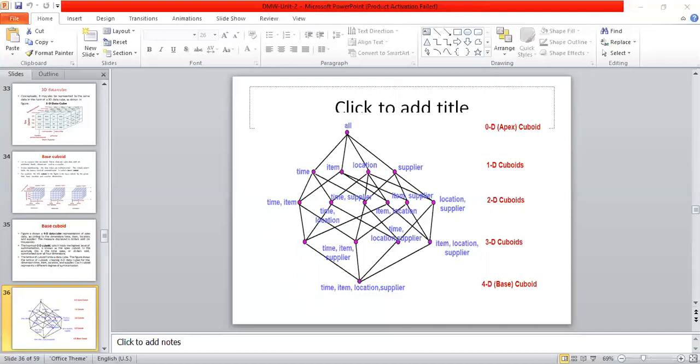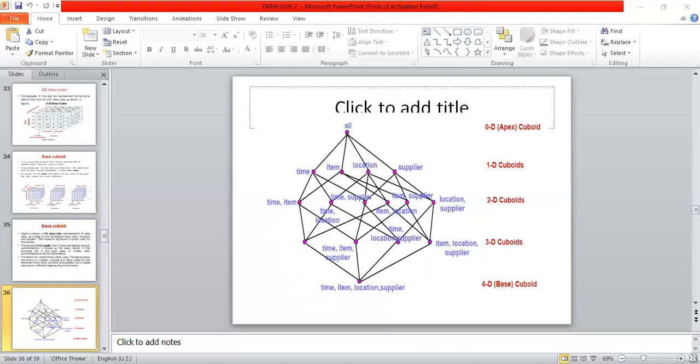And if I go into more detail, in 3D views, each timestamp has three connections, right? The collection of three dimensions like time, item, supplier; time, location, supplier; item, location, supplier; anything which you want to show from that database, right? And at the end, the 4D is the base.